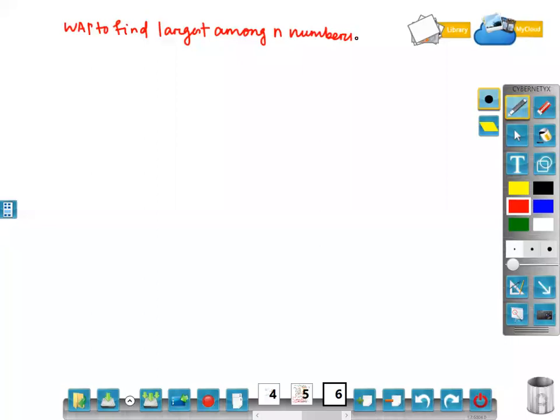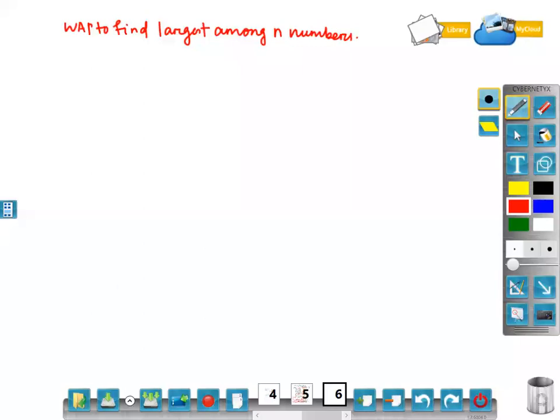Then I'll take the third student to the fourth student and compare the height. I find that the fourth student is taller than the third. I'll leave the third and pick up the fourth. I'll take the fourth student to the fifth student. I found that the fourth one is taller. I'll just keep the fourth and go to the sixth. Similarly, by comparing, at the end when I compare with the 10th student, whoever I have picked up or kept is the tallest student. Clear? So similarly, I will apply the same logic in programming.